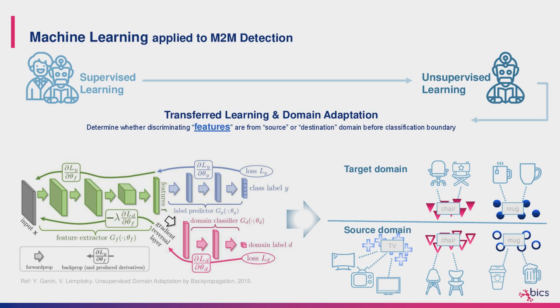Because again, a machine learning model relies on historical data to make a classification on new data. Now, if you imagine, for example, having information about chairs and mugs and let's say televisions, okay? The data you have may describe these three categories in a particular way. I may know, for example, that chairs have a particular shape and form, how many legs they have, and the general shape. I may know that televisions come in maybe multiple shapes and form as well. Some are digital, some are analog, some are square, some are rectangle.